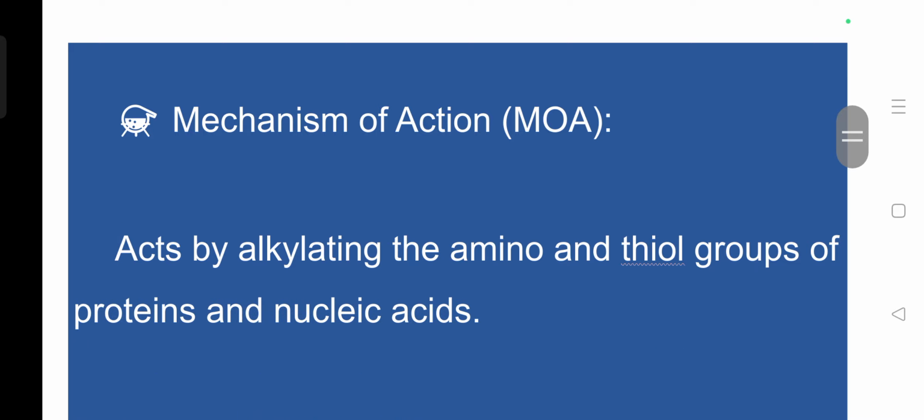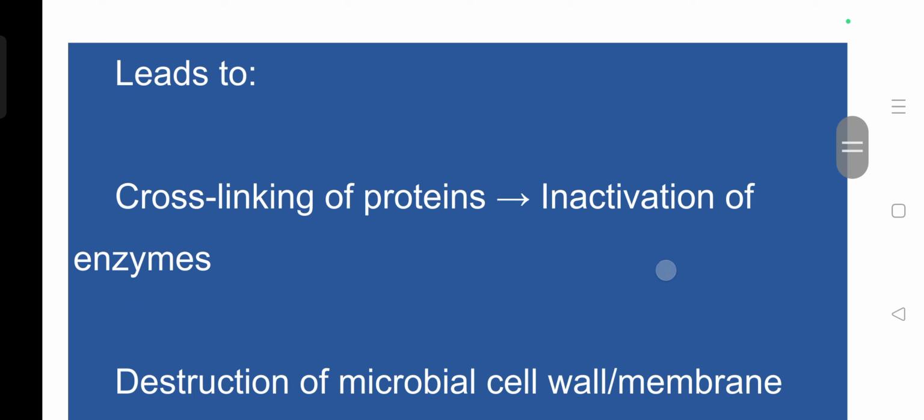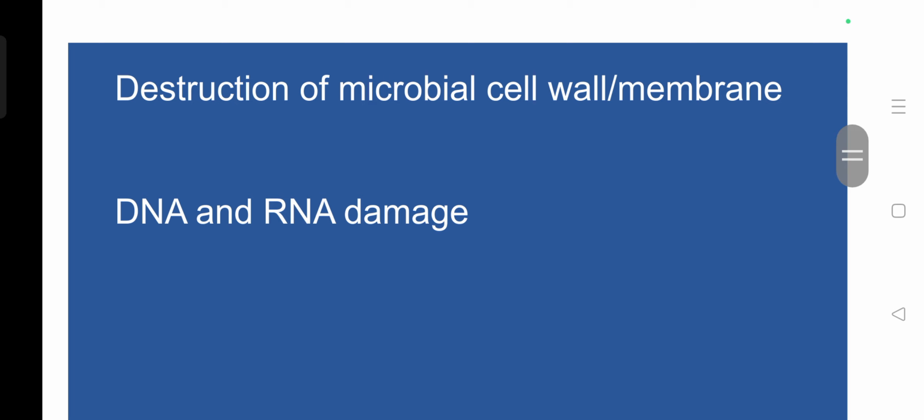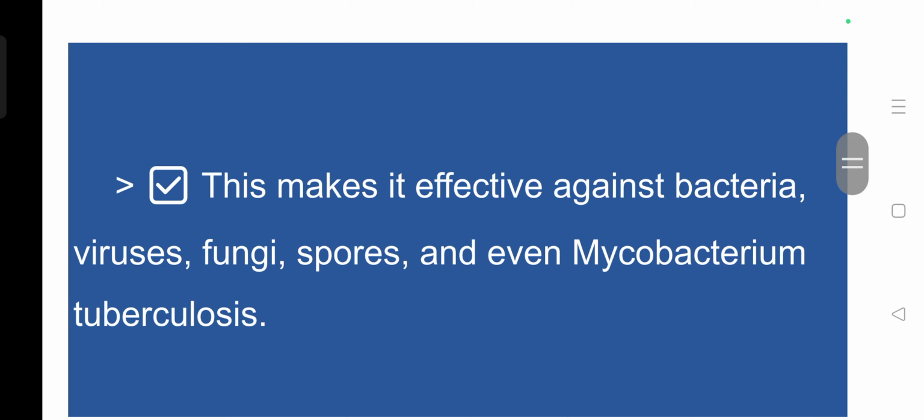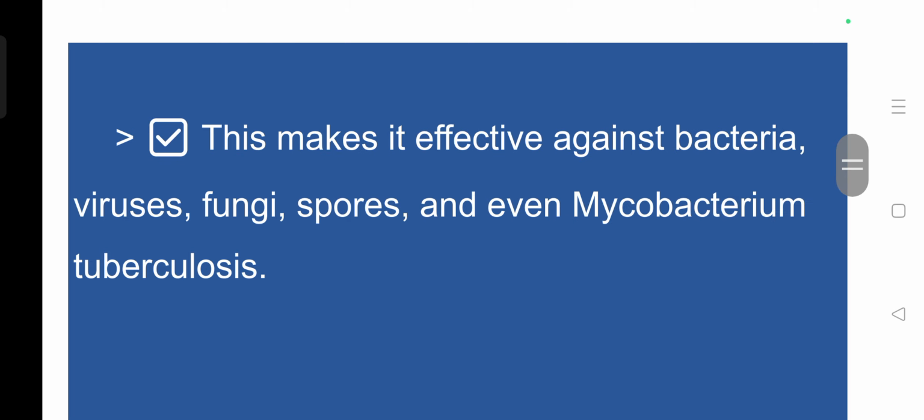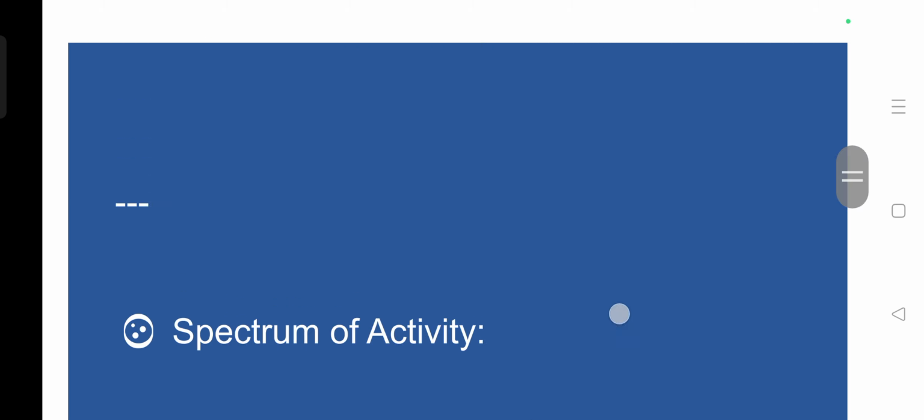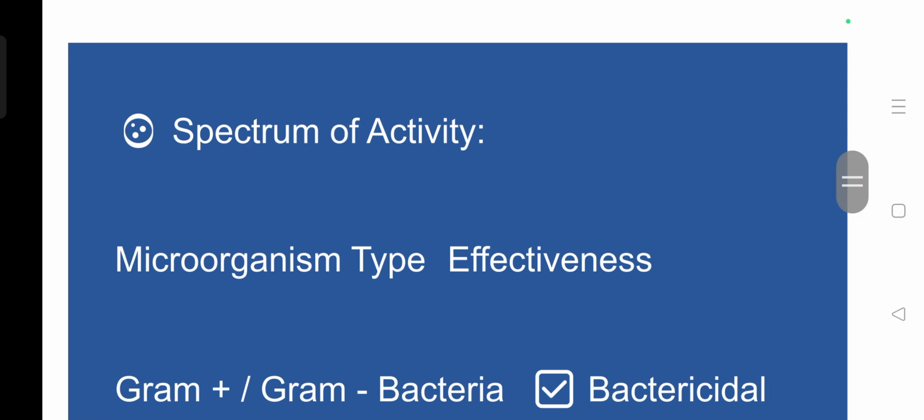The mechanism of action of this glutaraldehyde is that it acts by alkylating the amino and thiol groups of proteins and nucleic acids, leading to cross-linking of proteins, inactivation of enzymes, destruction of the microbial cell wall and membrane, and DNA and RNA damage. This makes it effective against bacteria, viruses, fungi, spores, and even Mycobacterium tuberculosis, that is TB bacteria. Spectrum of activity is